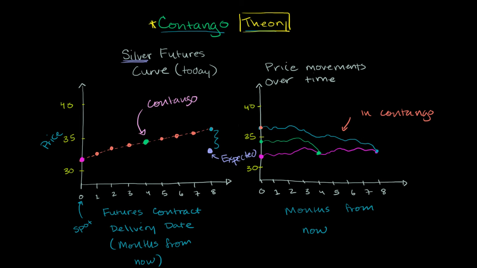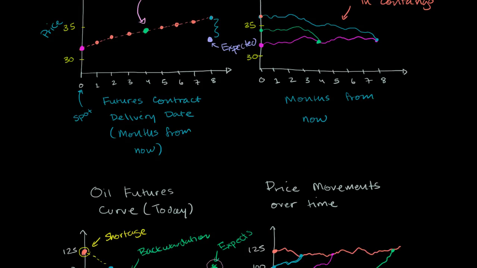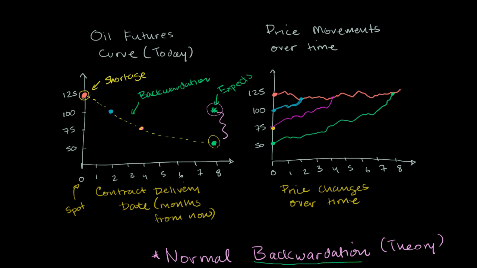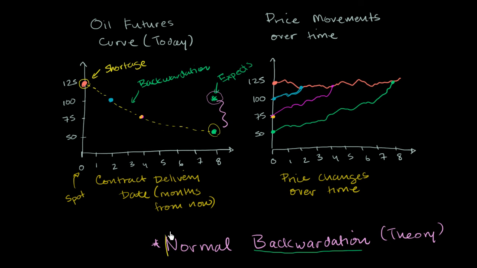Similarly, if someone is talking about backwardation theory, or more particularly the theory of normal backwardation, they just don't say backwardation by itself. They say the theory of normal backwardation. They're talking about the idea that the future delivery price is lower than some expected price because the seller is willing to sell at a discount so that they can essentially lock their prices in. But once again, it's a very theoretical idea.